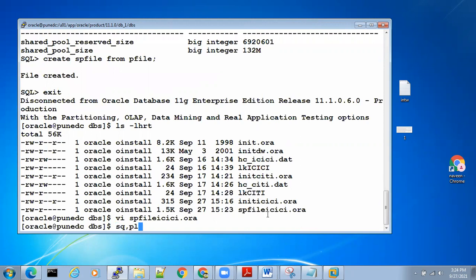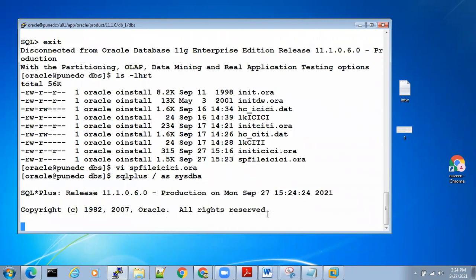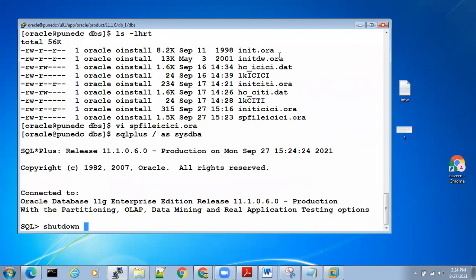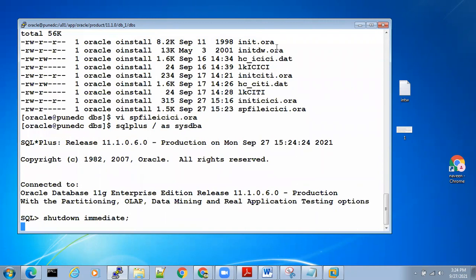Now let's connect to the database. Shut down the database and start up. Let's shut down and start up the database now.